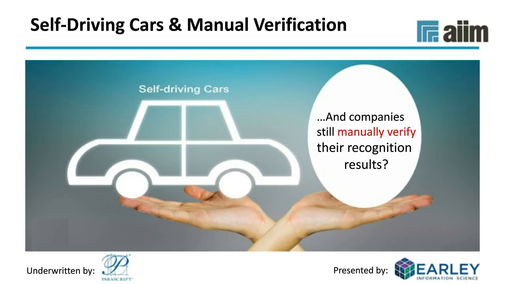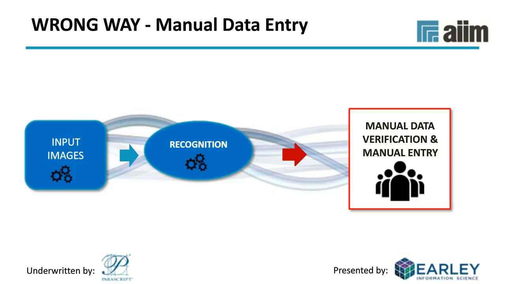But when it comes to document-based processes, you're actually doing that. And why is that the case? Here's an example. In a typical document processing workflow, whether it's classification, extraction of information, or even locating that information, you have input documents and you go through some technical processes that may or may not involve recognition. And the real outcome is that because the system has not been tuned, or there has not been this process of really understanding how to tune it, the likely result is close to 100% verification of some sort of information, whether it's correction of that data or just hitting the enter key and verifying that